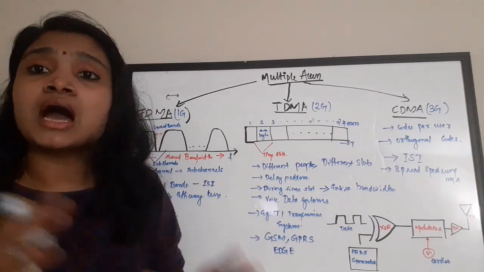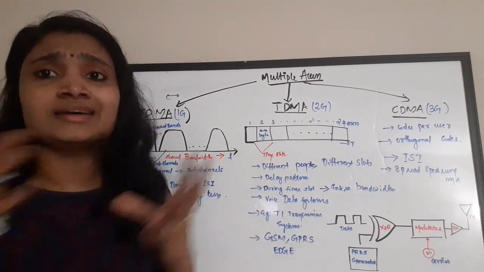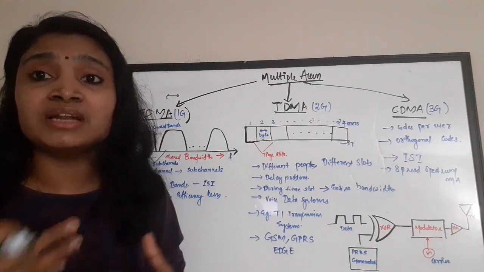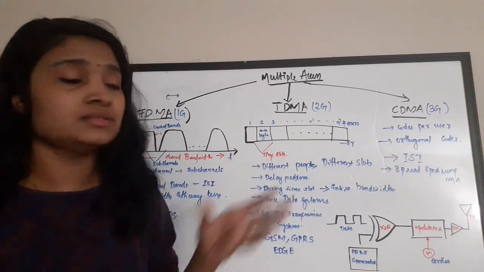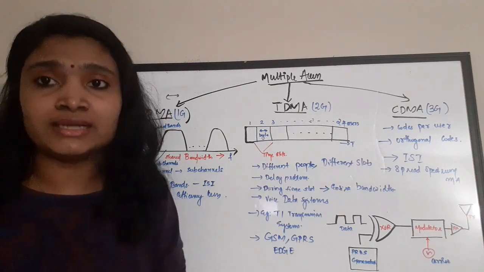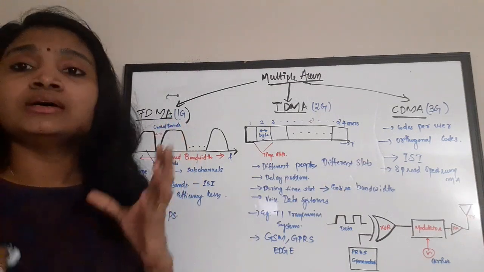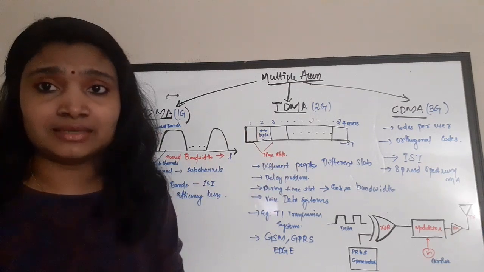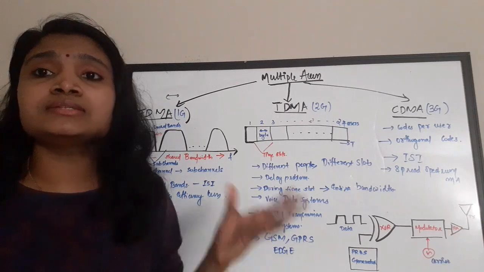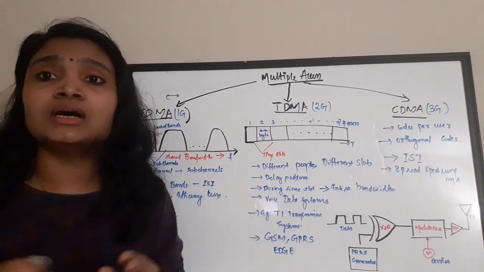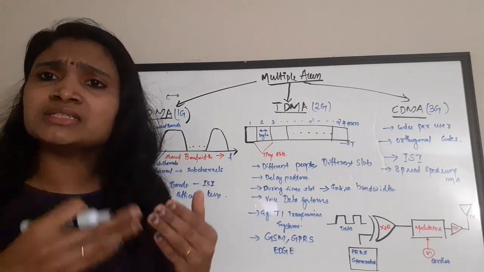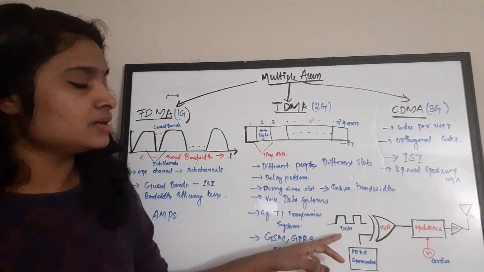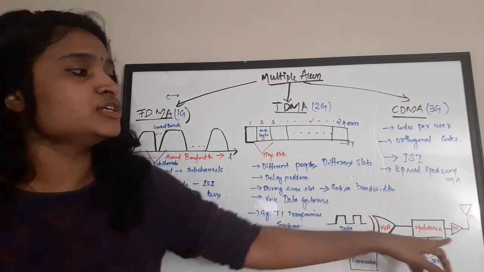So every time for various users, as I said, the PRBS generator is generating different PRBS sequences, and these PRBS sequences are orthogonal to each other, meaning they are entirely different from one another, they are not similar. So due to these dissimilar PRBS sequences, each user will be identified separately. Okay, so that is the concept. So whenever some user wants to send some data in CDMA based systems, this data will be XORed with a PRBS sequence. PRBS means it is a random sequence. So this random sequence and data are XORed, and then it is modulated and transmitted.